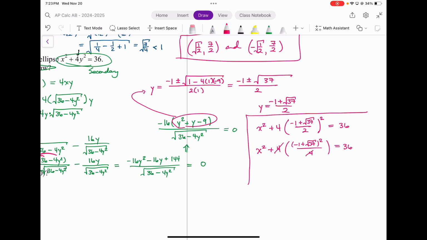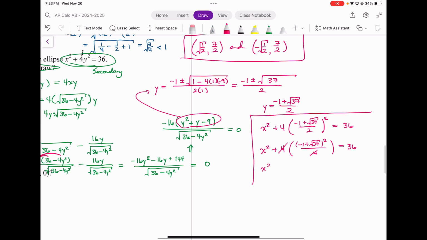That's super nice. So we get x squared plus 1 minus 2 root 37 plus 37 equals 36. So x squared minus 2 root 37